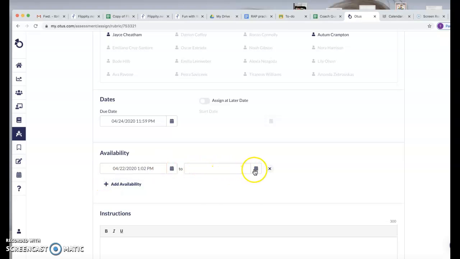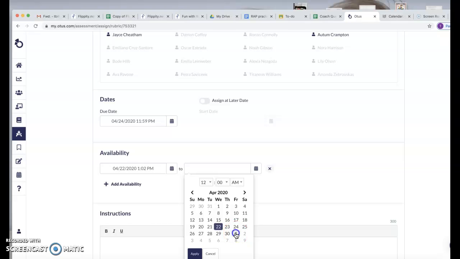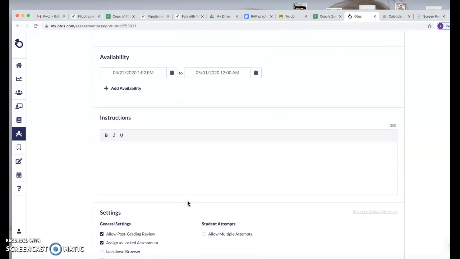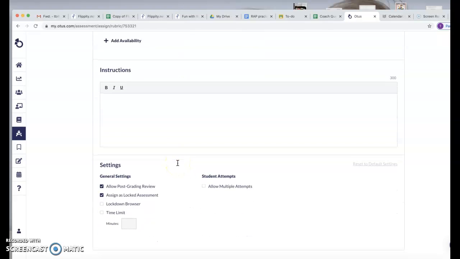And I'm going to let them do this many times, maybe, because they can go into it many times if they want to. And then I can write my instructions. Please complete, excuse the background noise, please complete this document. Okay. I'm going to go to allow multiple attempts because then